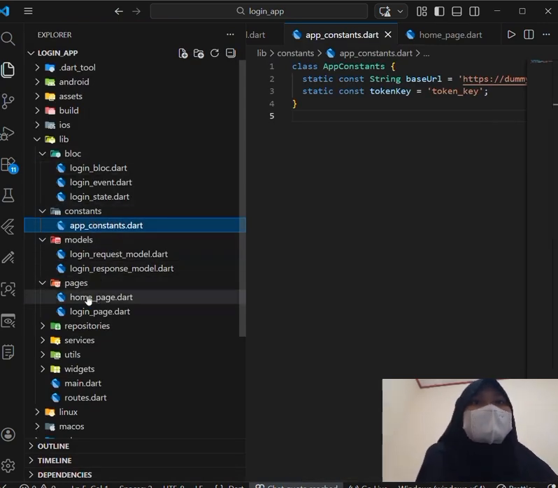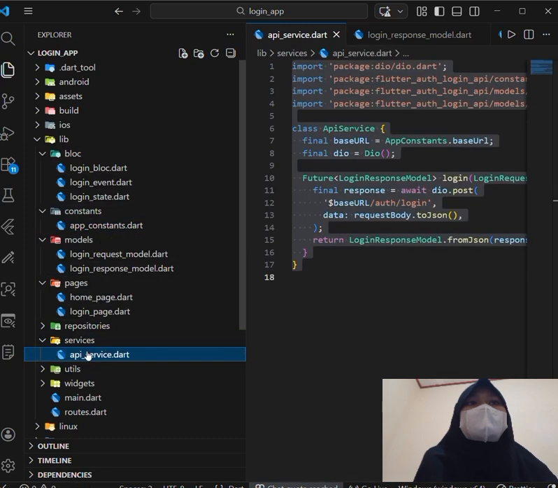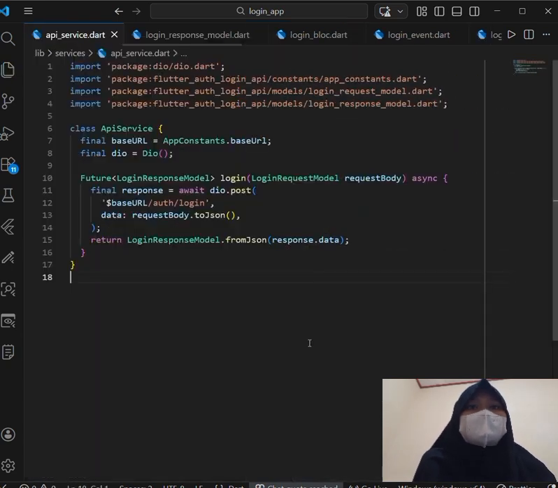The value remains fixed and can be accessed globally. Reusable widgets. In this project, we also create several reusable widgets: login button, error dialog, login text field. For the login button, we use an elevated button with the blue color.